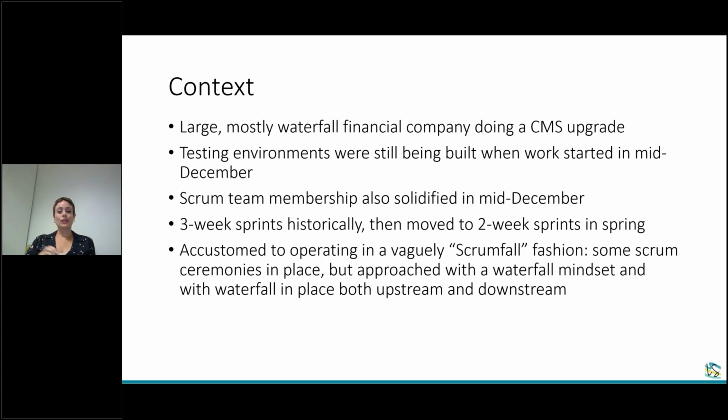We also spun up the Scrum team and solidified that membership in about mid-December. We had 3-week sprints. There was talk about going to 4-week sprints to accommodate the size of the work that was being done. And then we moved to 2-week sprints. And finally, it was kind of an interesting mix of waterfall mindset, but then some Scrum ceremonies were in play. So there was like this kind of, I would say 75% doing Scrum correctly, but a large 25% of, well, we'll just do all the dev work and then we'll do all the QA part and count that as a different story. Those kinds of things that are very subtle, but also were contributing to this,